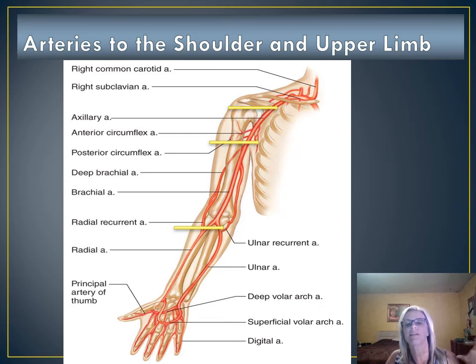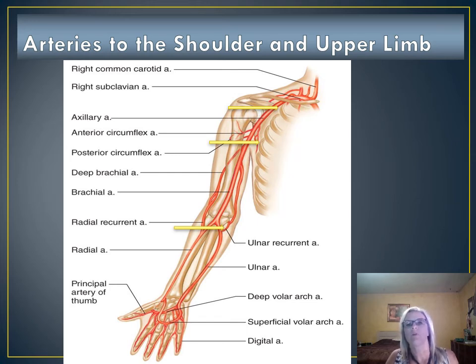When it leaves the axilla, which is the second arrow, it becomes the brachial artery. Okay, so when it leaves the axilla there at the second arrow, it becomes the brachial artery, and then it divides off to the deep brachial artery. Once it passes the elbow, so the elbow is the third arrow there, it divides into the ulnar and radial